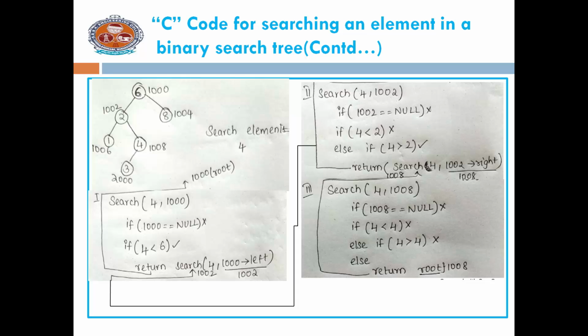And coming to the search operation, while searching for an element, we first compare with the root element. If the root element and the search element are the same, then we directly print that the element is found. If not, we will traverse either to the left or right. Then we check the element of a node. If it is found, it will return the address. If not, it will return a null value.